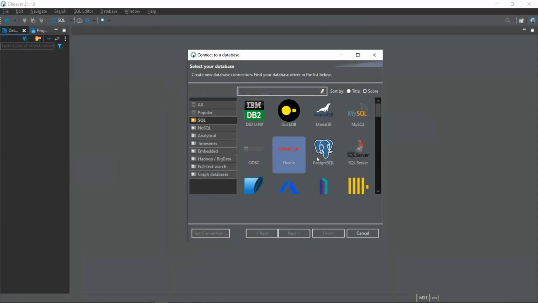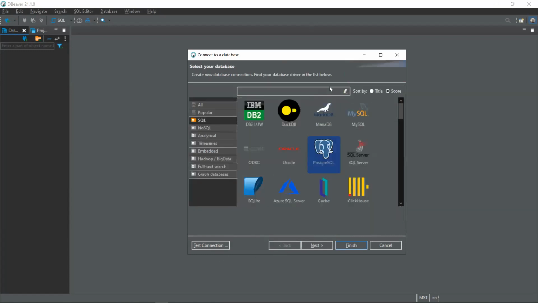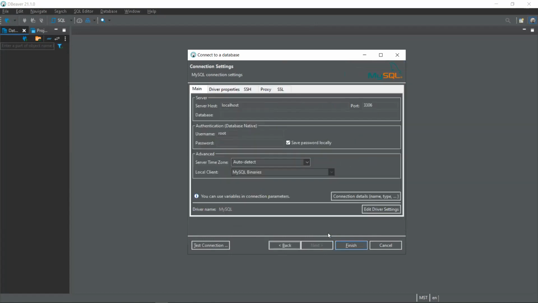In this case, we're using a Postgres SQL database. So I'm going to click on Postgres. I'm going to go to next. And you can see it already auto-populates the port number for us, 5432. If I did something like a MySQL database, however, I click on that, you'll see that I get a different port number, 3306, because MySQL has a different port